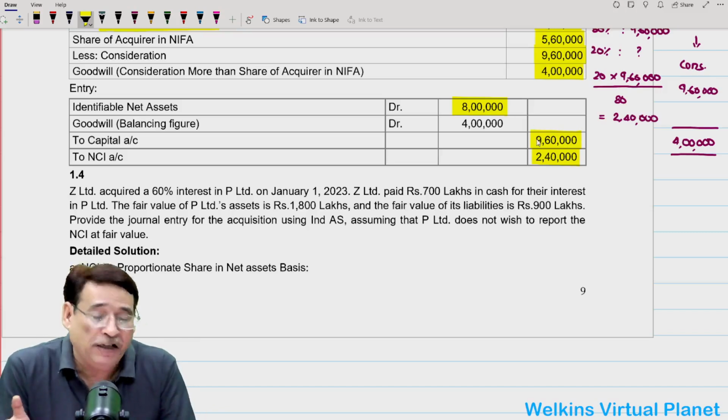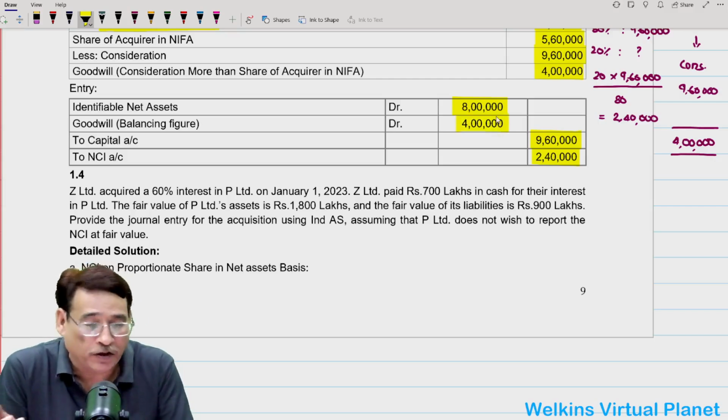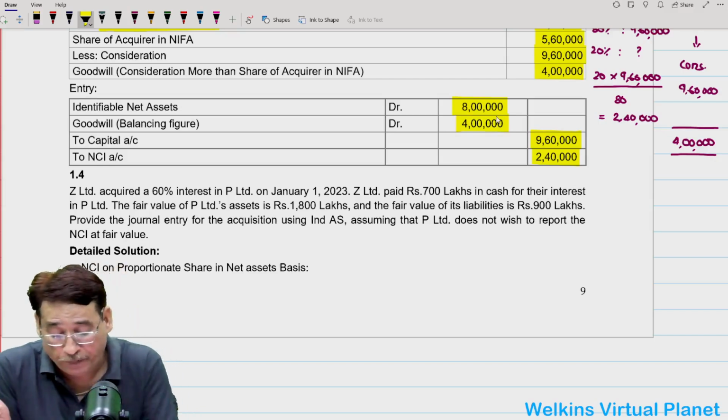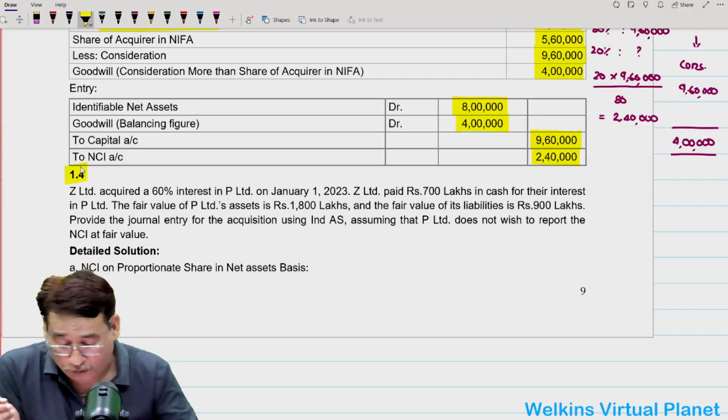So indirectly now it means I'm comparing 560. In the entry I'm comparing 560 with 960. So I will be left with goodwill of 4 lakh. Is it clear to you? Now 1.4,